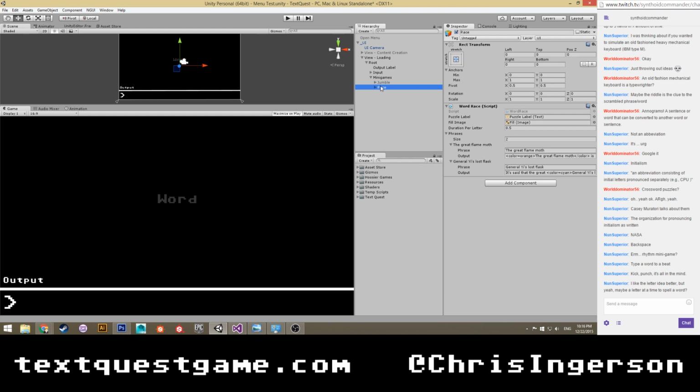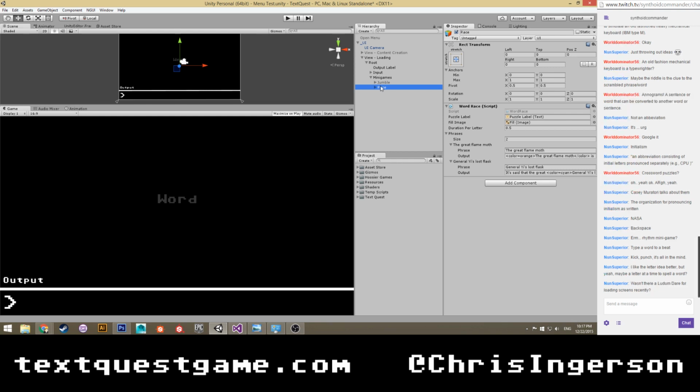I wonder, trying to not make it too complex, but I wonder if we could have not really a slot machine, but a Ouija board almost. No, that wouldn't make sense. Where basically it would hover over letters, and you would have to click on the correct ones, maybe. But I kind of want to limit it to all using the keyboard, not so much the mouse or anything like that.